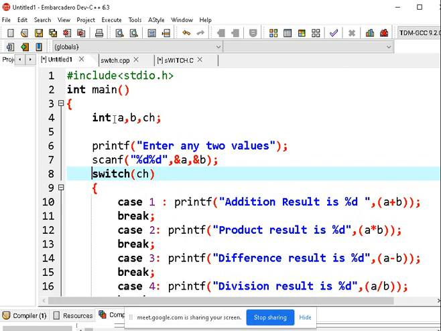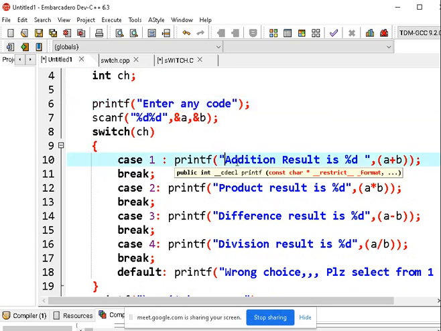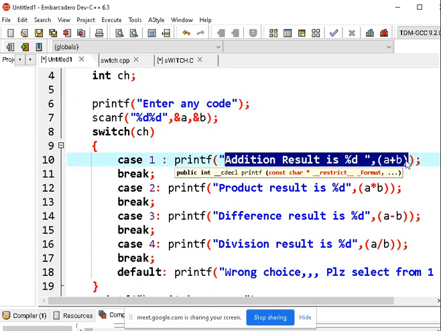So here I require only one variable, that I am going to take as ch. So enter any value. Sorry, I'll write enter any code. So case 1, this is to be Sunday. We'll start with Sunday and break.